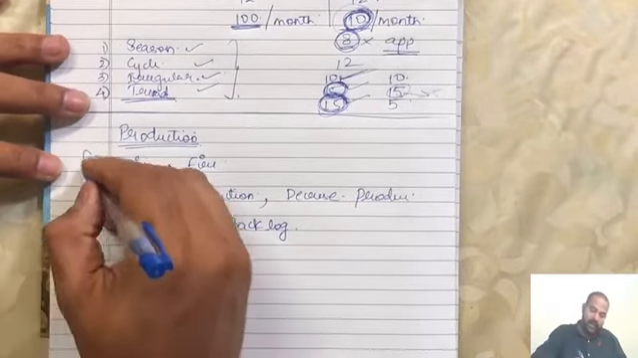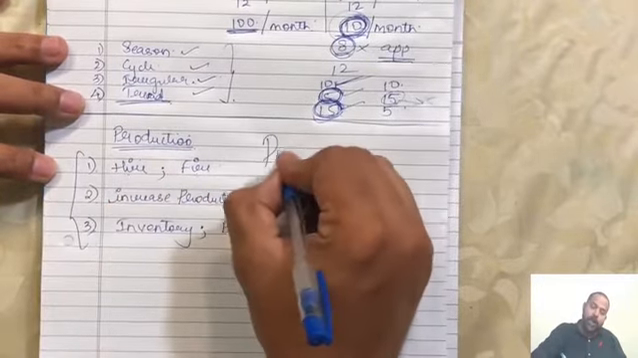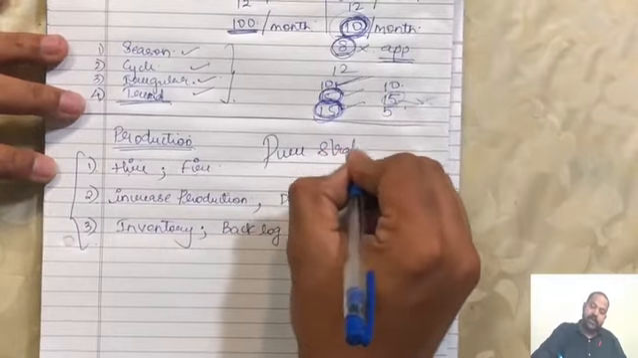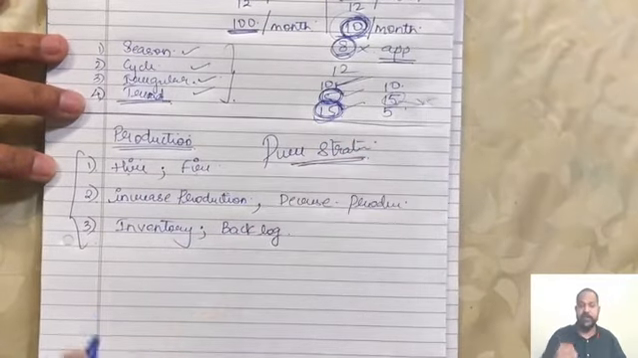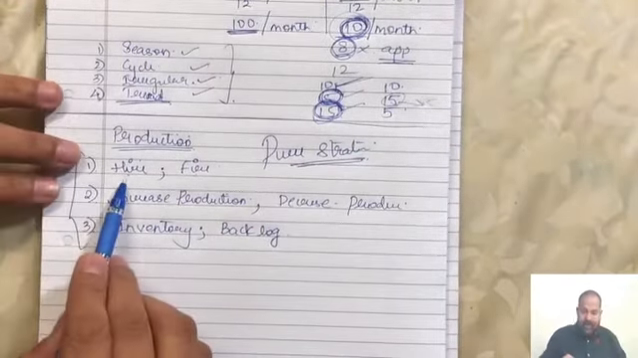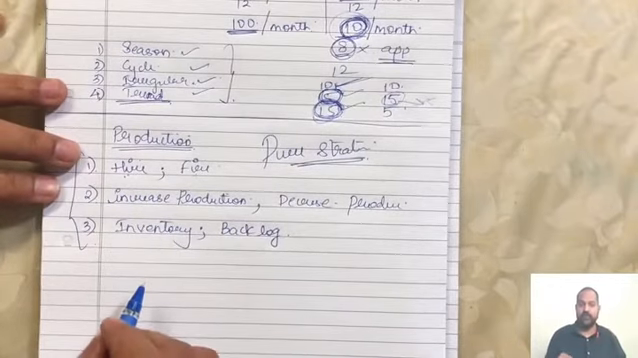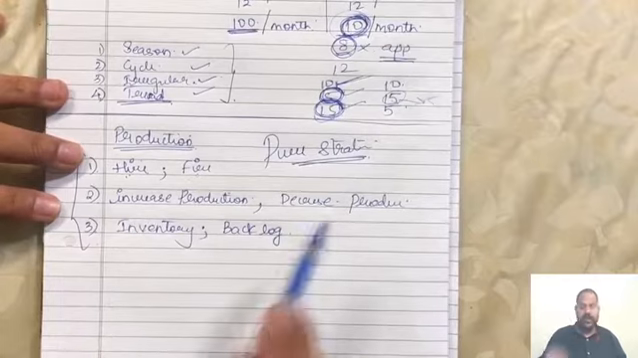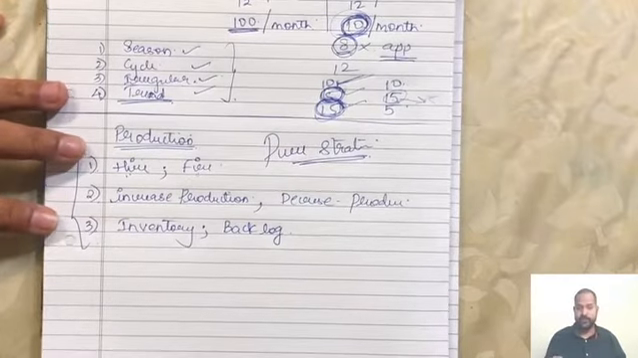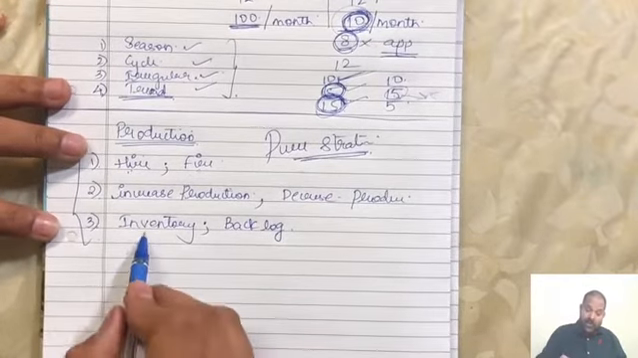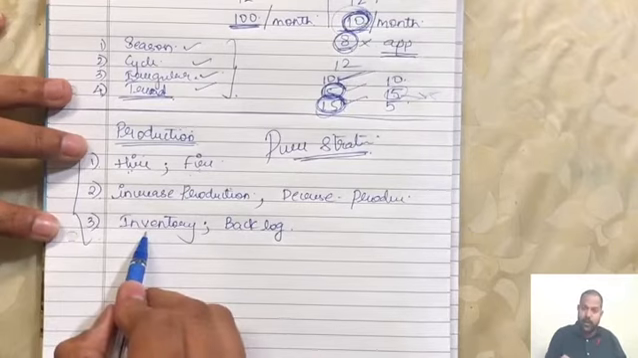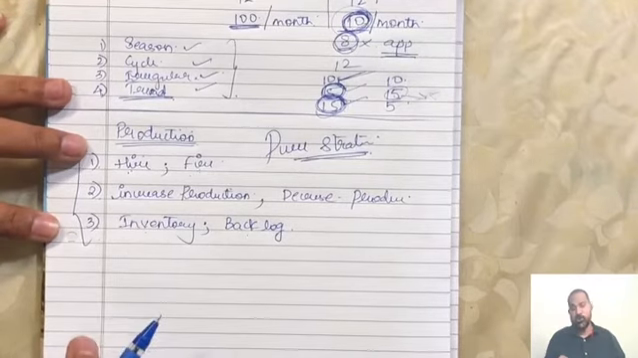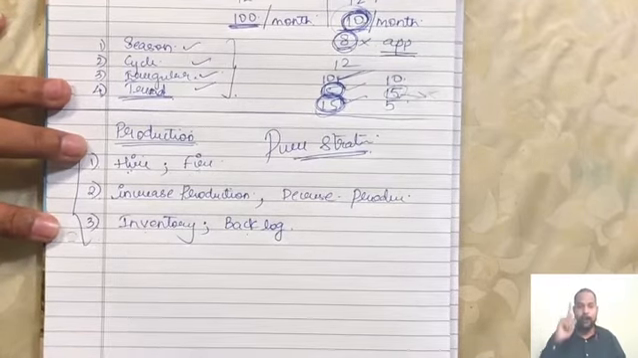And these are the 3 pure strategies. What do you mean by a pure strategy? If I tell you hiring is allowed, then firing is allowed. If I tell you increasing production is allowed, then decreasing production is allowed. If I tell you that carrying inventory is allowed, then having a backlog is also allowed. But